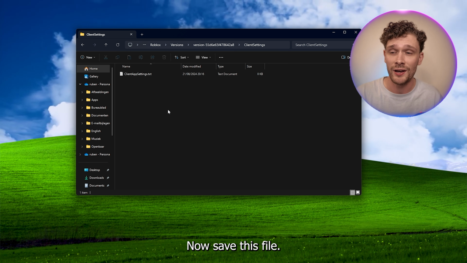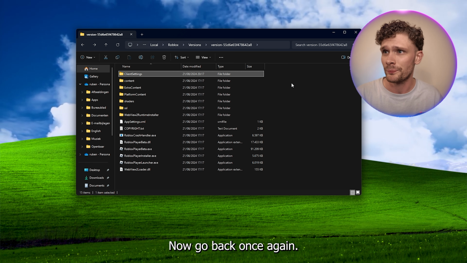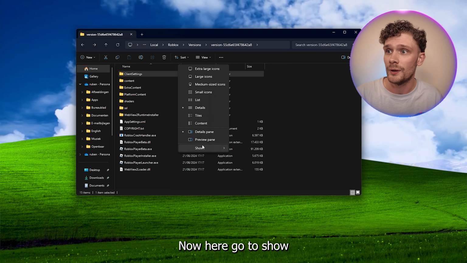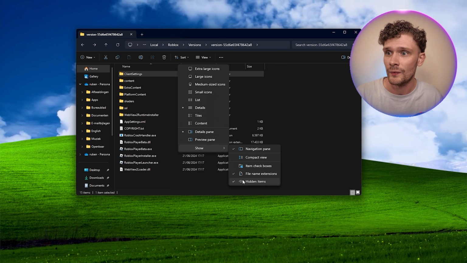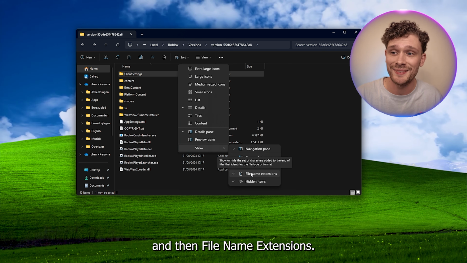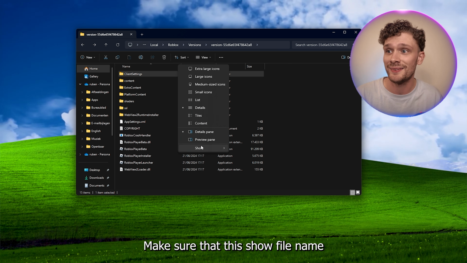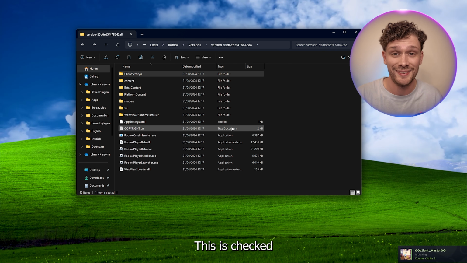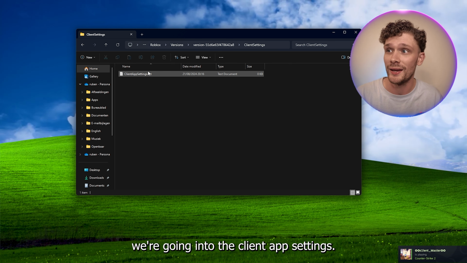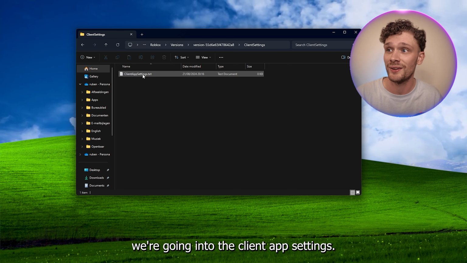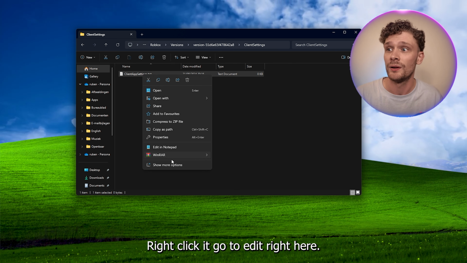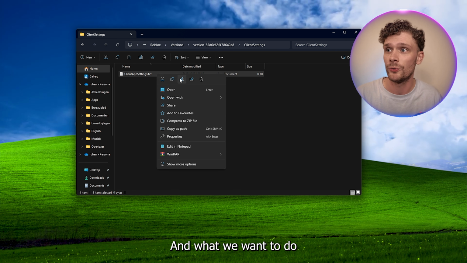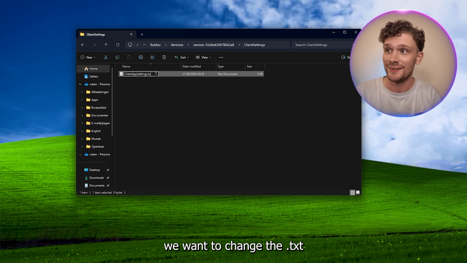Now save this file. Now go back once again, and from here we have a view option. Now here go to show and then file name extensions. Make sure that this show file name extensions is turned on. This is checked, because now we're going into the ClientAppSettings. Right click it, go to edit right here, and what we want to do, we want to change the text,